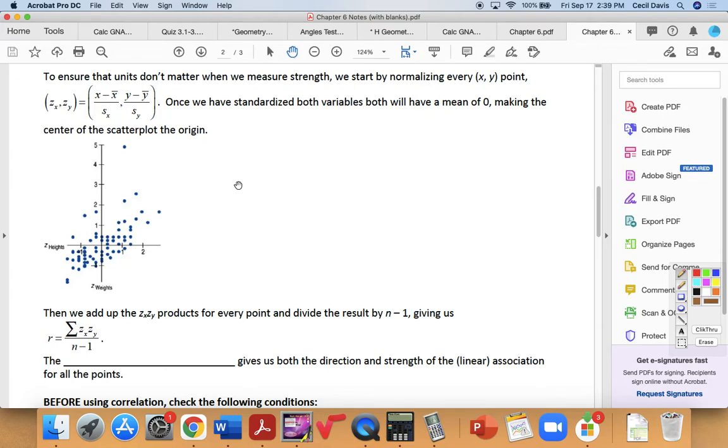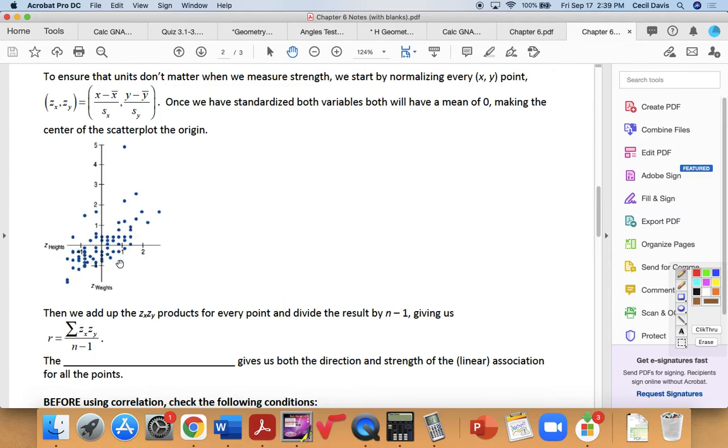Then, once we have standardized both of the variables, both of them are going to have a mean of 0, which makes sense, right? And you're going to have a scatter plot that looks like this. This is the z-score for height, and this was z-score for weight. Okay? We didn't do one like that. I'm just saying, if you were to take the height and weight and do the z-scores, it would look like